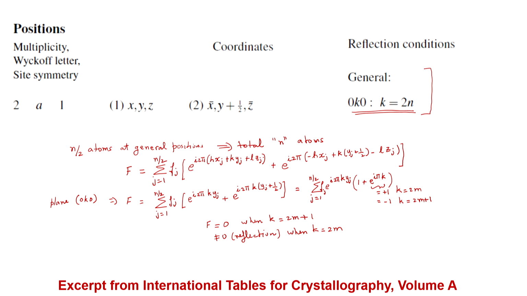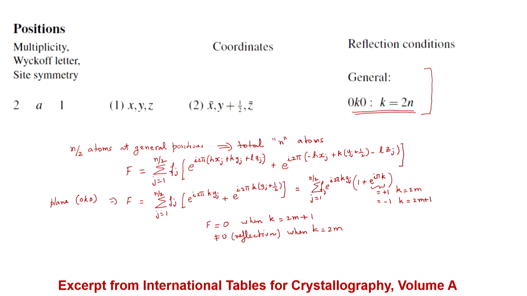So, even though it is a primitive lattice, because there is a screw axis, we are going to get some extinctions. And in fact, to generalize this, any time there is a symmetry element which has a translation, the screw axis is one of them, the other one is the glide plane, which also has a translation built into it, you are generally going to get some extinctions. Whenever you have a centering translation, like in an end-centered crystal or a face-centered crystal, again there are going to be centering translations and therefore, you are going to get some extinctions.